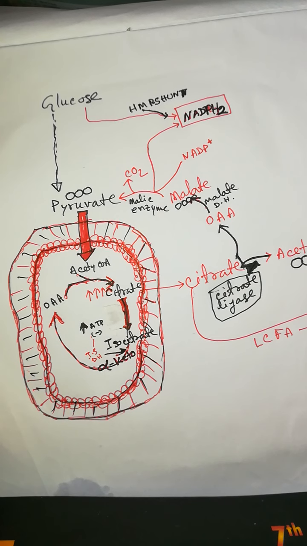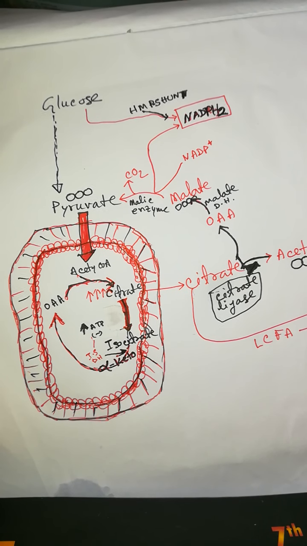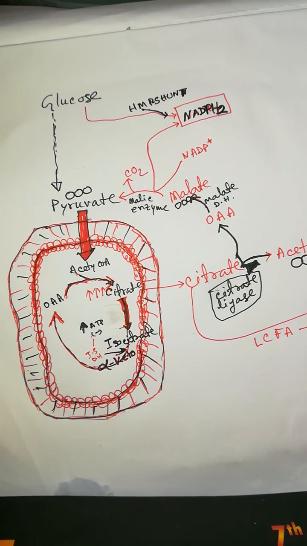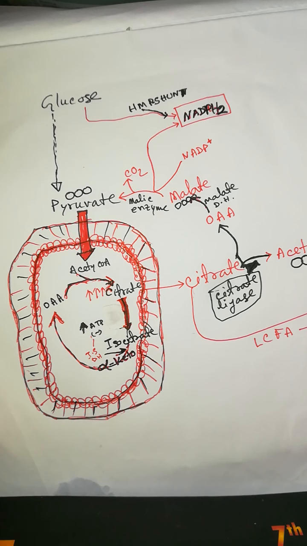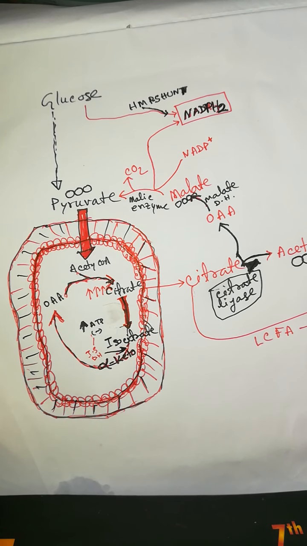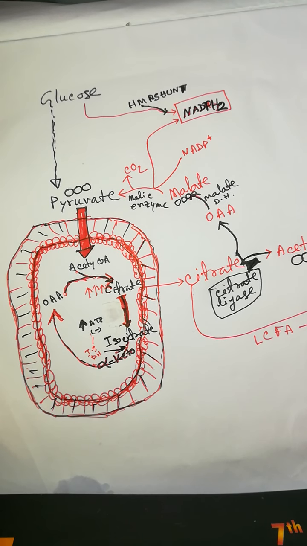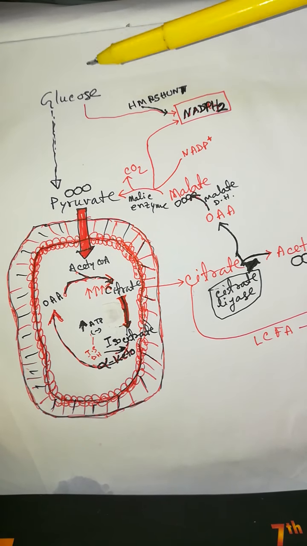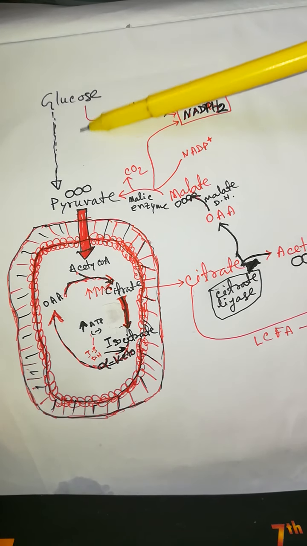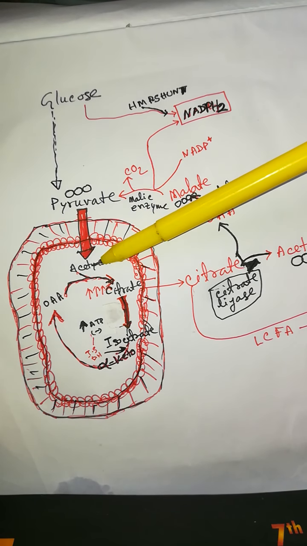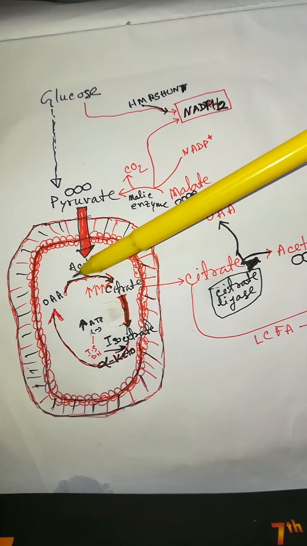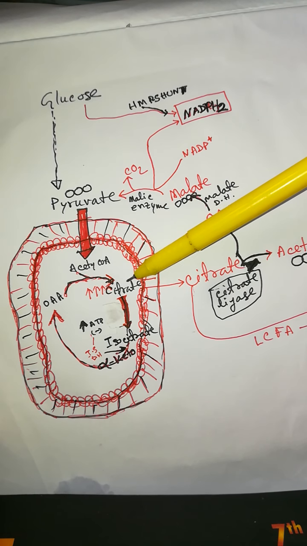The answer is in the well-fed state, when we take adequate glucose or carbohydrate during feeding. So when glucose level is more, glycolysis runs fast, and ultimately acetyl CoA, oxaloacetate, acetyl CoA, and citrate synthesis